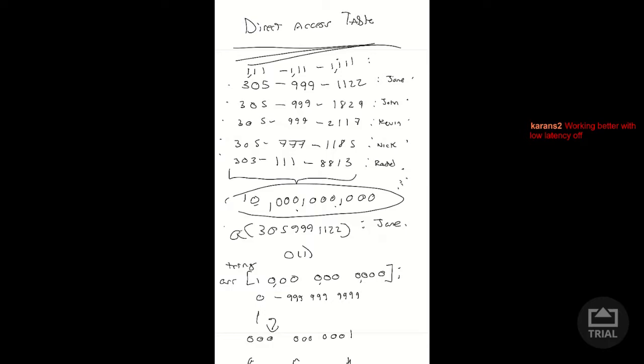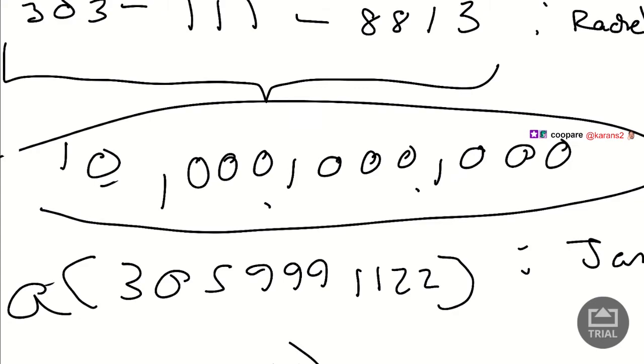So I proposed the idea that if we're trying to store the names of people's phone numbers, why not make the phone number itself the actual index of a massive array of size 10 billion, right? That would be from phone numbers all zeros all the way to phone number all nines. So that's the range of numbers. If you do that and you get this 10 billion right here, then the phone number itself becomes the index,